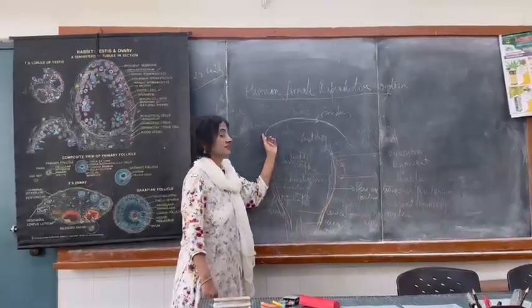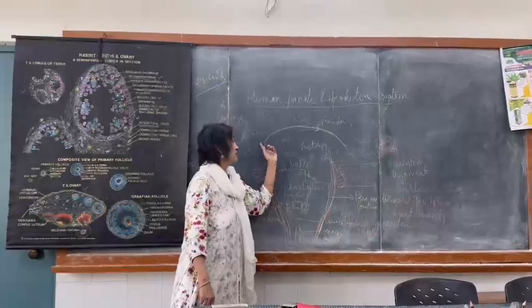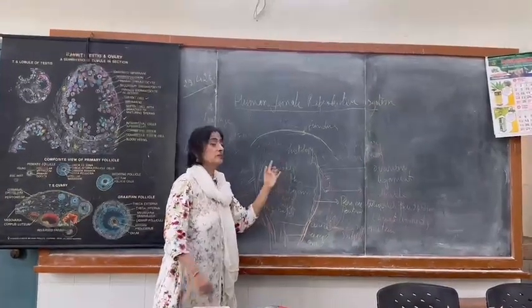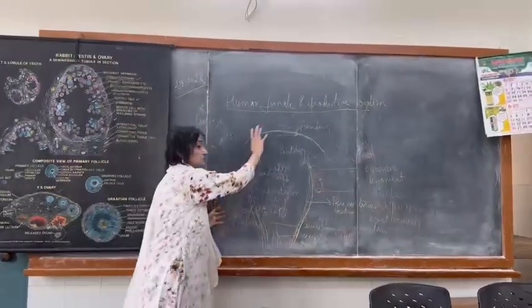Then this is the isthmus part. The isthmus part is connected to the uterine part of the uterus. So at this stage the morula moves